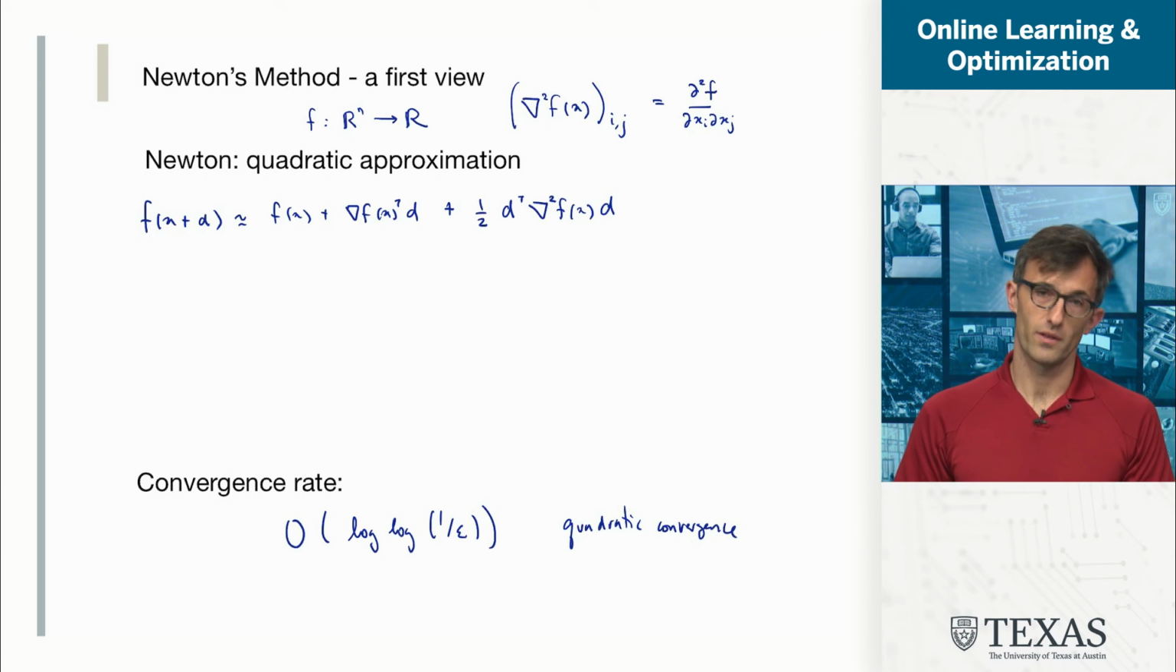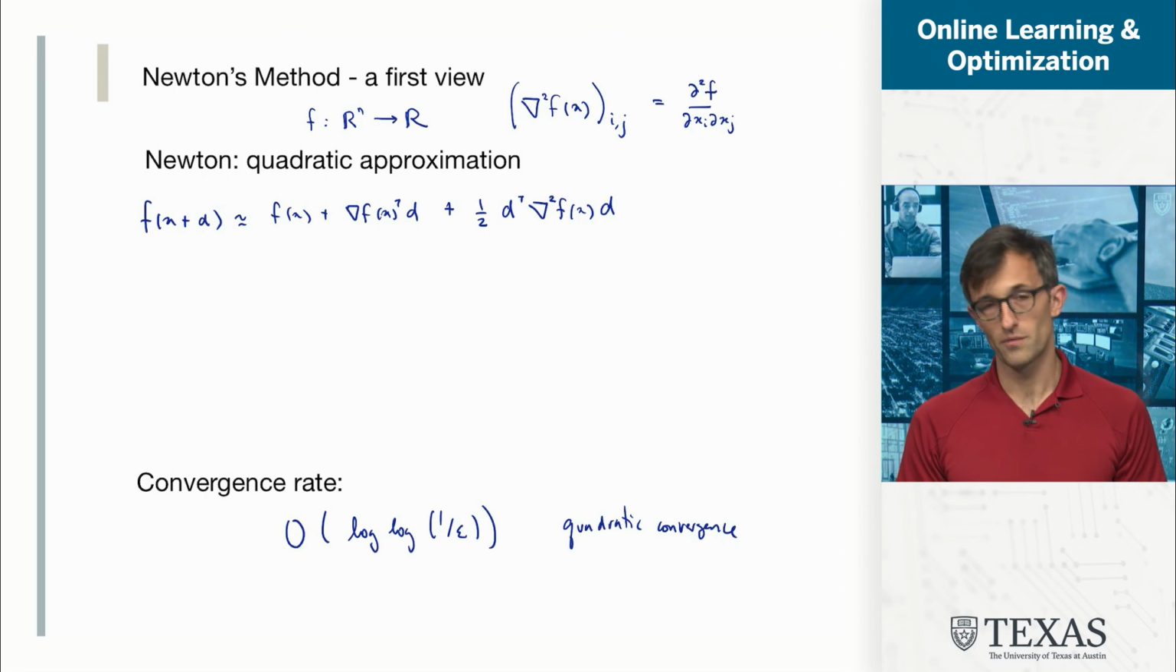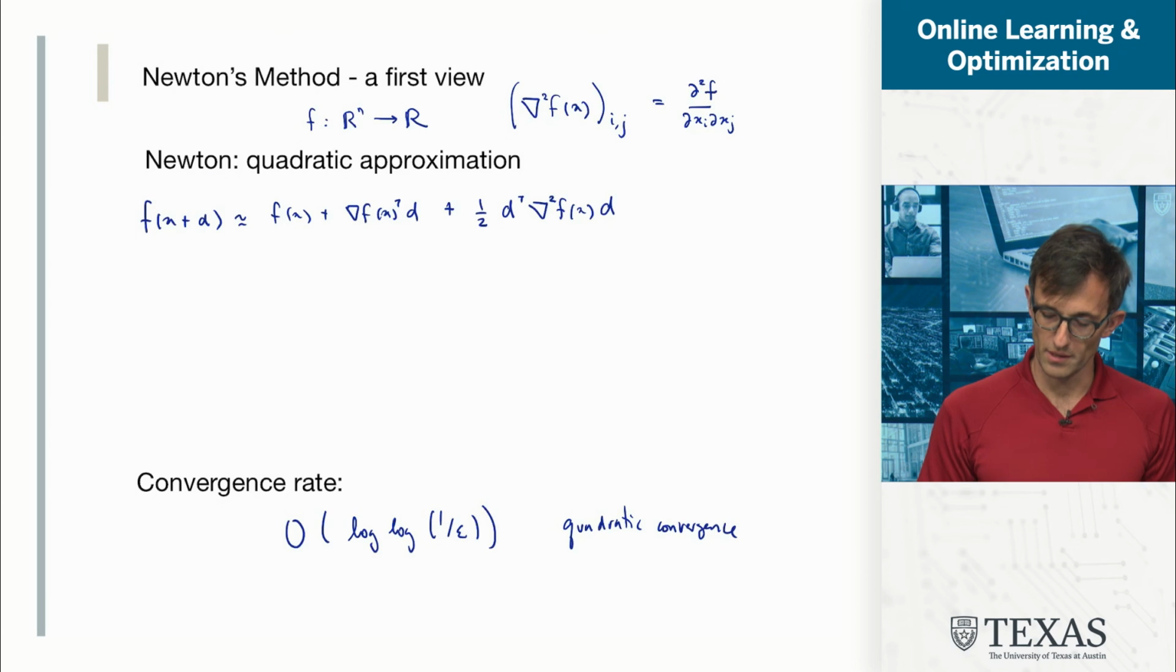One intuitive way to think about quadratic convergence versus linear convergence: I mentioned that with linear convergence, you can think of it as one iteration gives you one digit of accuracy. For quadratic convergence, one iteration doubles the number of digits of accuracy that you have. So it is really dramatically